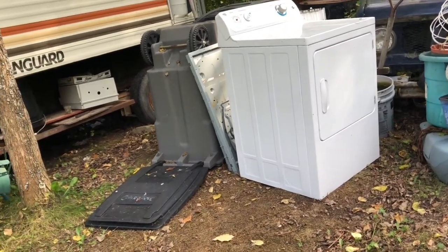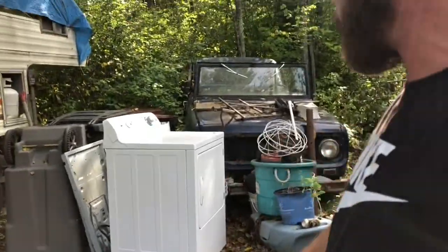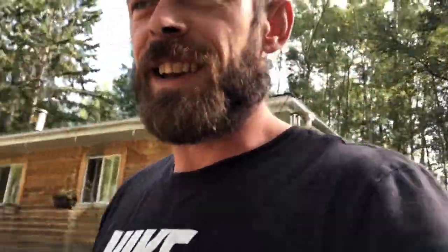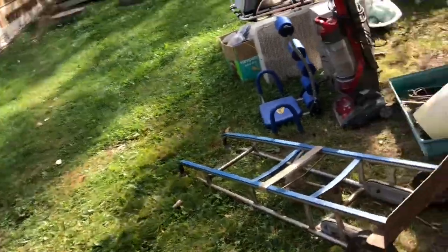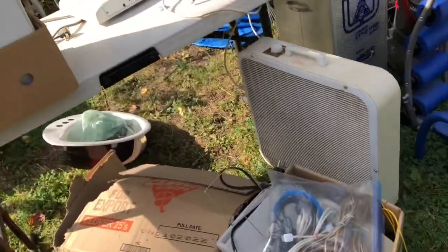Now I feel really silly. I was just trying to set up for a video here and was moving this dryer over here. I had it on the dolly and the camera in hand and was yakking away and got it moved over there by the Scout. And then I got back over here by the shed and realized that nothing was recording. And I thought to myself, well, what the heck? I guess I must have forgot to push the button. So yeah, I put the dolly down. I think I was even over here looking at some of this stuff, yakking about it,